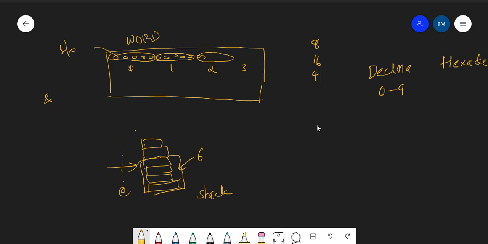Hexadecimal uses 0 to 9 and A to F. So 0 will be 0 in hexadecimal, 1 will be 1, up to 9 will be 9, then 10 will be represented by A, 11 will be B, and 15 will be F. This is basically the same thing represented in some other format. Hexadecimal is what computer science people normally use to denote the address of a variable.